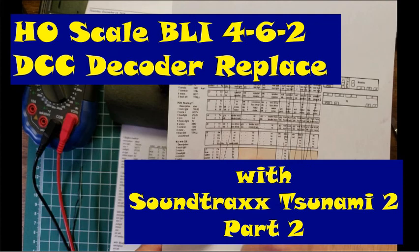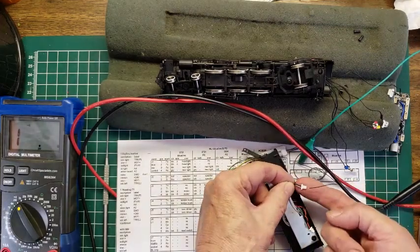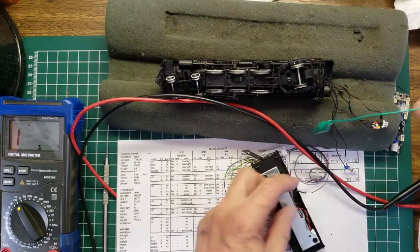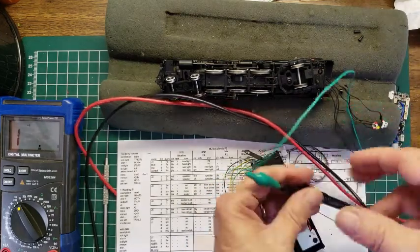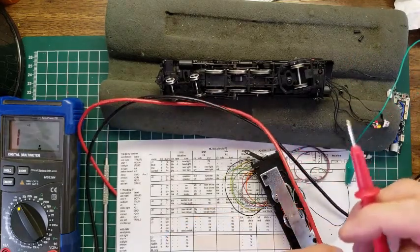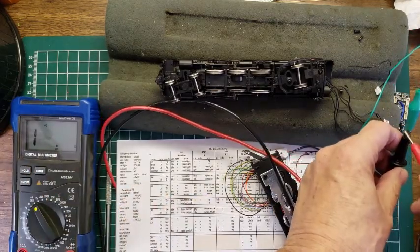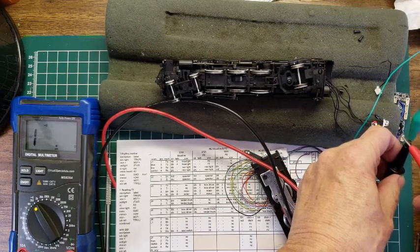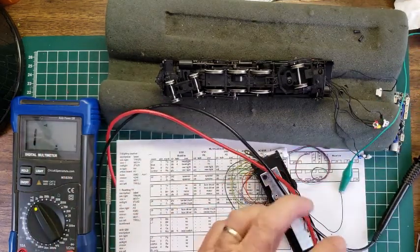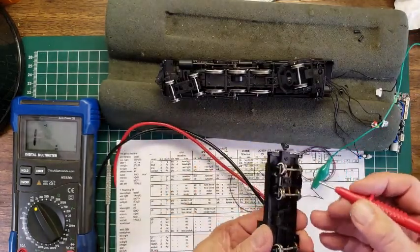Okay then, so now we're going to start to do some continuity tests on the tender. You can see where I've got the wire attached to the gray lead here, and that goes to green and one probe, and the other probe is the red probe. The setup on the meter now to do a continuity test means it just makes a noise, right? I don't know if you can hear that or not, but it makes a noise when there's continuity. So we're going to do a continuity test between the gray lead then and